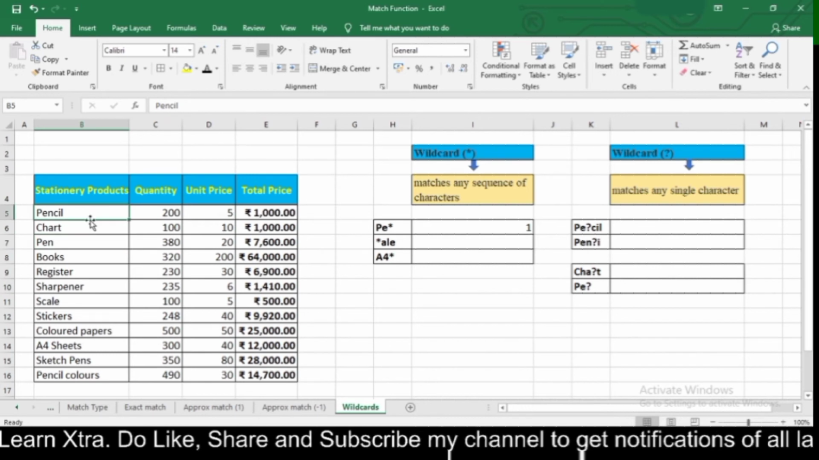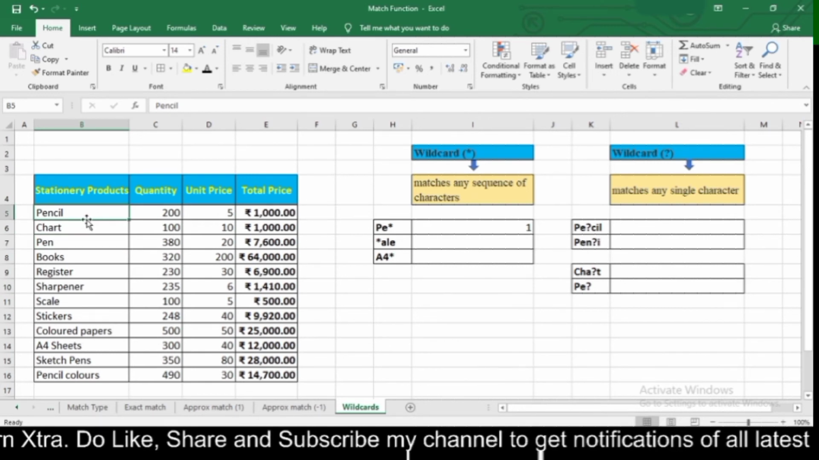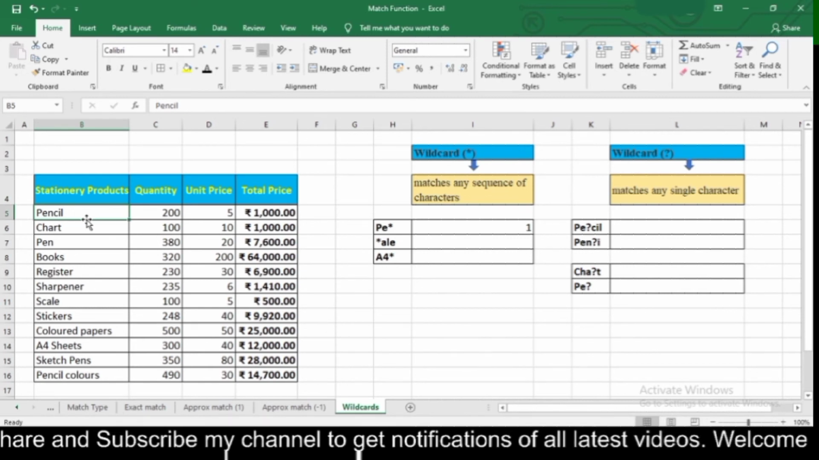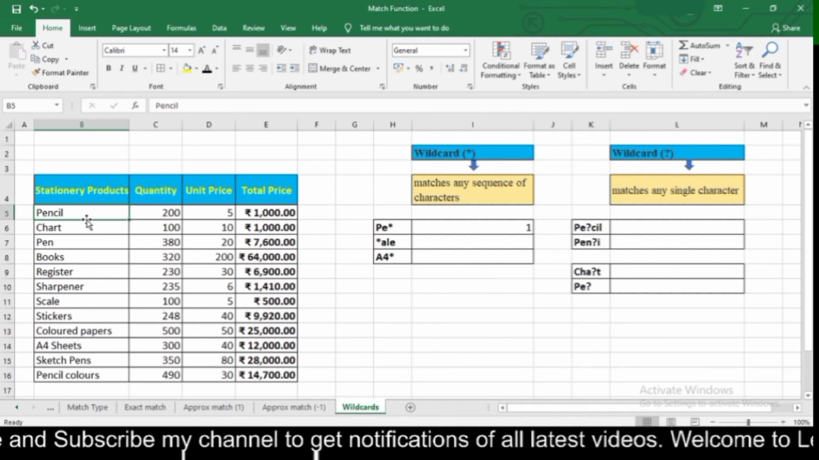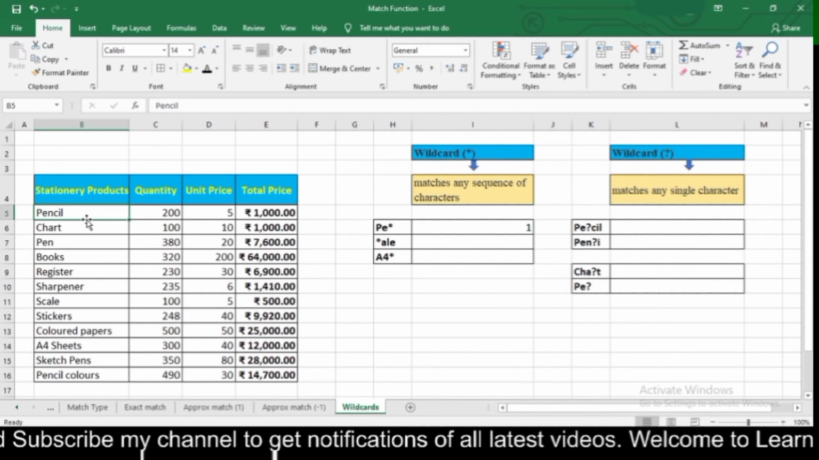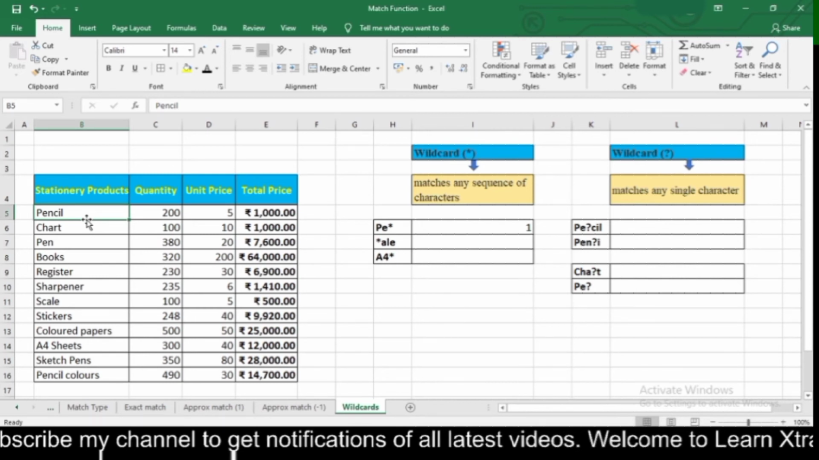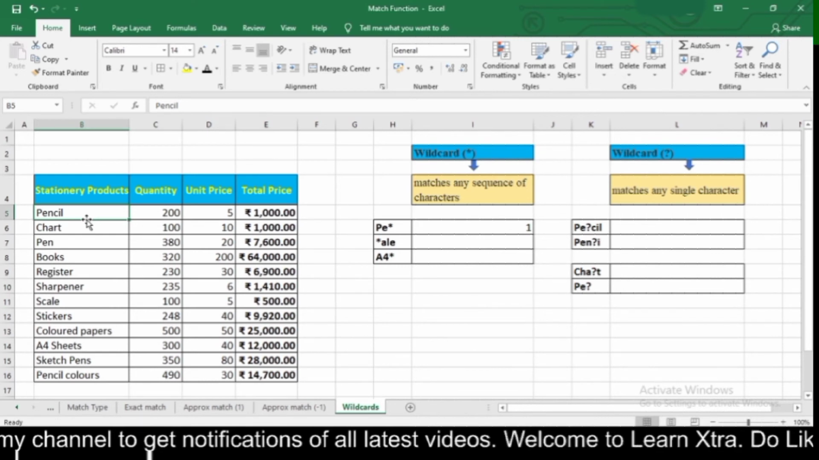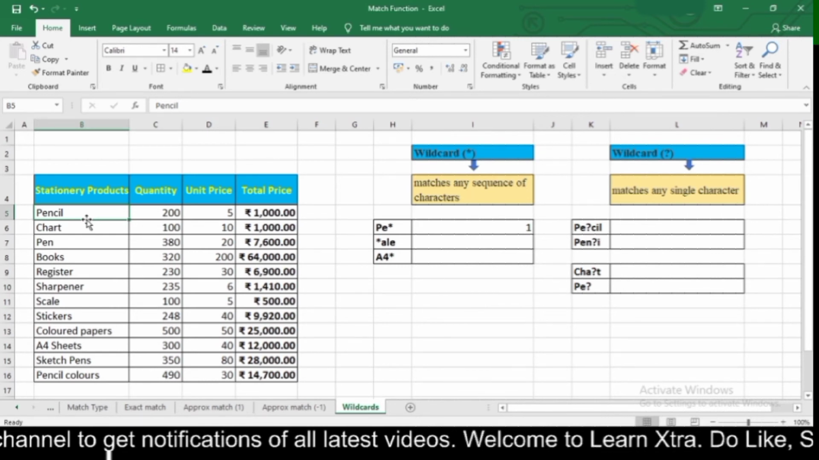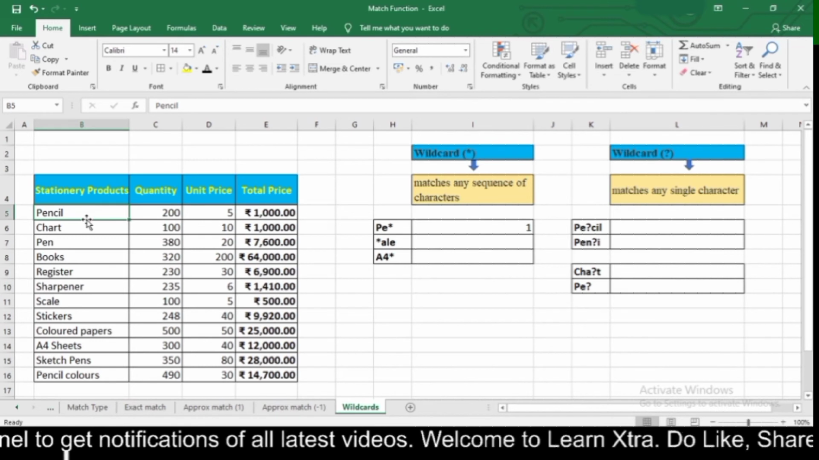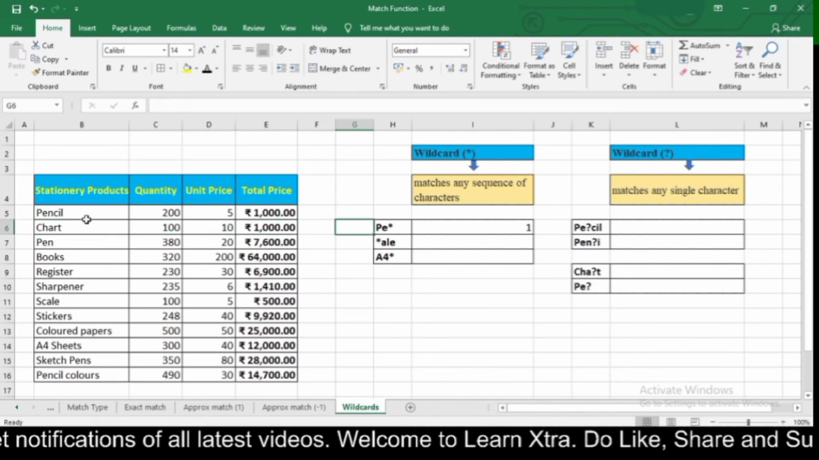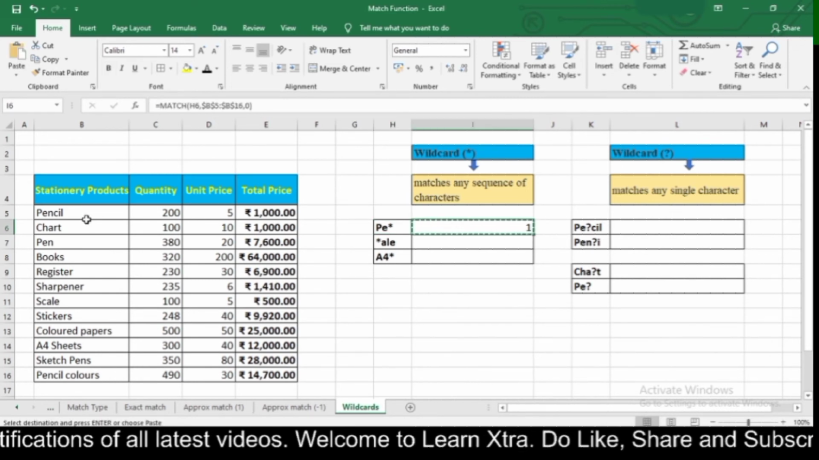So that is why it finds pencil in row number 1, and it stops looking for the characters, because pencil is first in my data. That is why I got my answer as 1. It ignores the rest of the text which starts with PE after finding one text in that particular table. Now if I copy it in the rest of the cells,